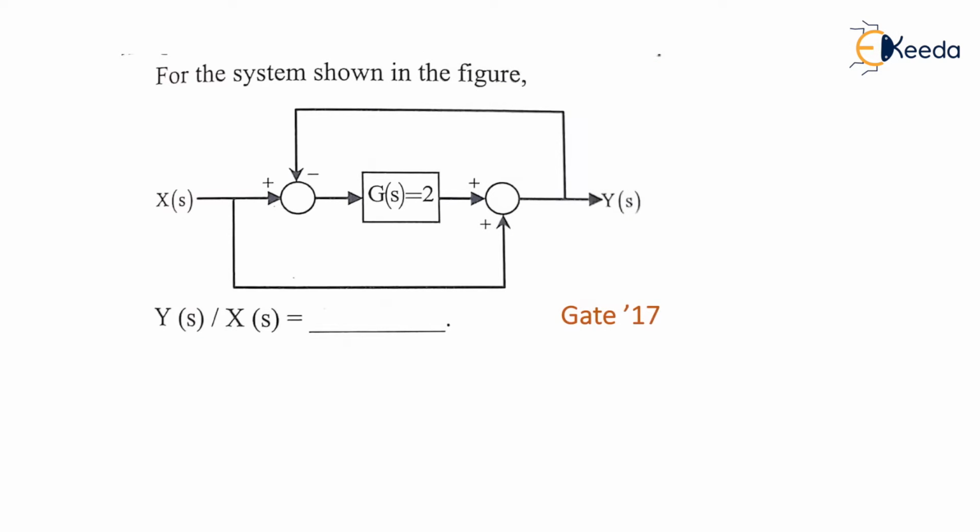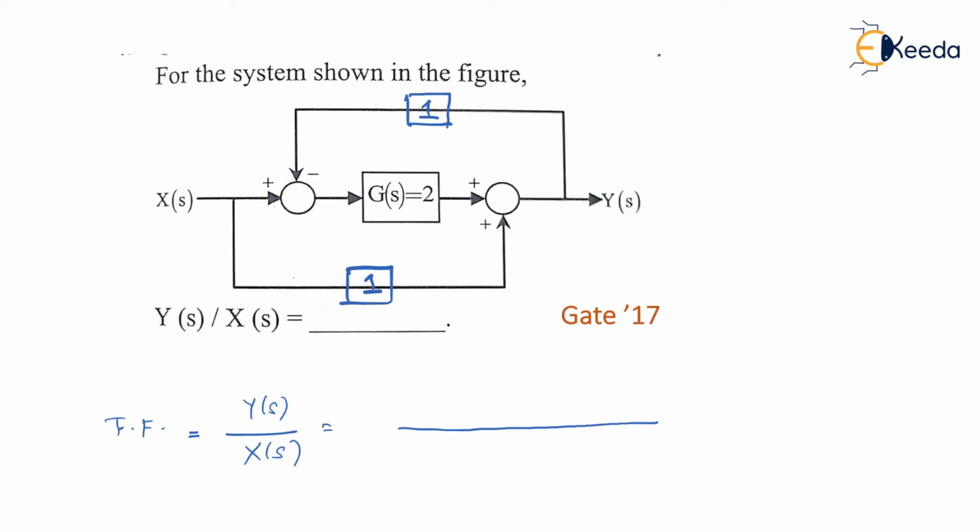So I told you, if there is no block, then there is always an invisible block having transfer function equal to 1. So even here, treat this as transfer function equal to 1. Let us write Y(s) upon X(s), that is nothing but the overall transfer function for the given block diagram. Again, it is available in the form of numerator and denominator, am I right? So in numerator, what do you have? Of course, the summation of all forward paths. Forward paths are those paths which are traveling from input to output, that is from X(s) to Y(s) in this case.